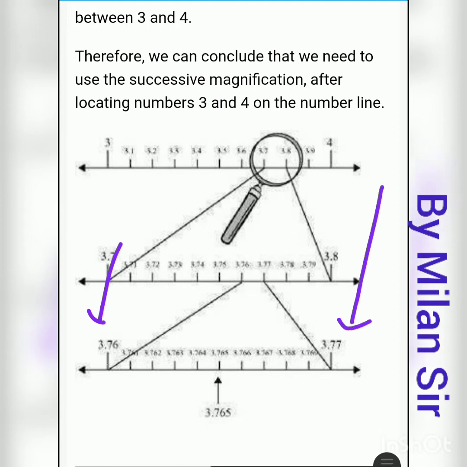Now in between, what is there? 3.76 means 3.760.